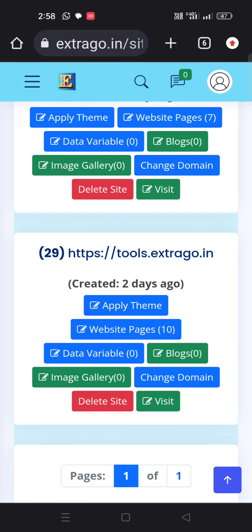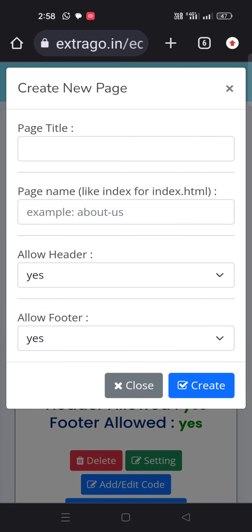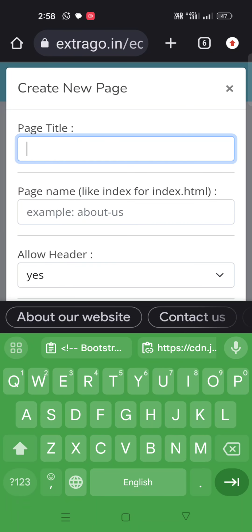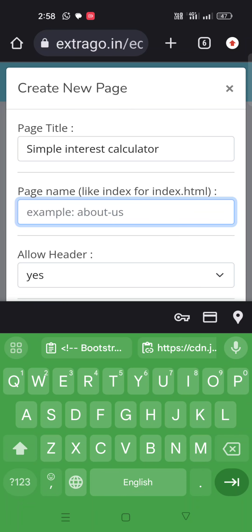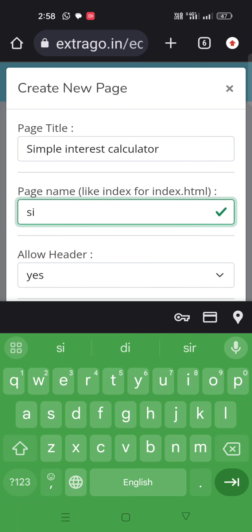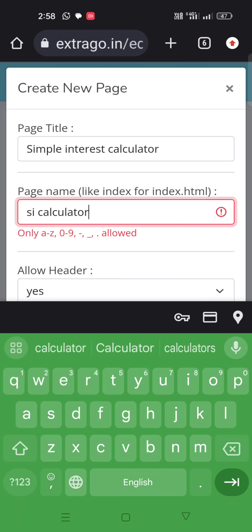Now I will go in pages section. I will create a new page here. Page title will be simple interest calculator. Page name, SI calculator.